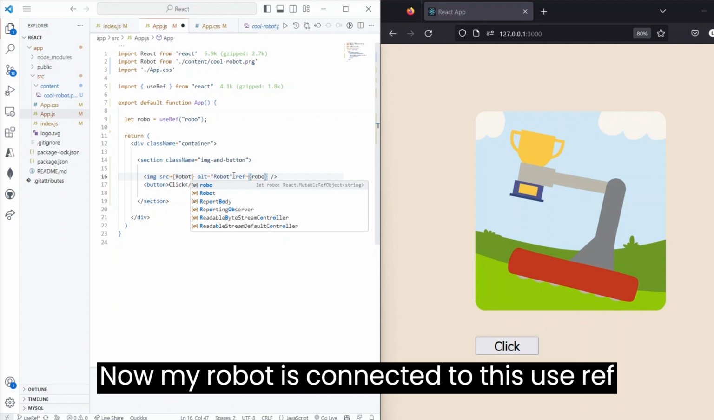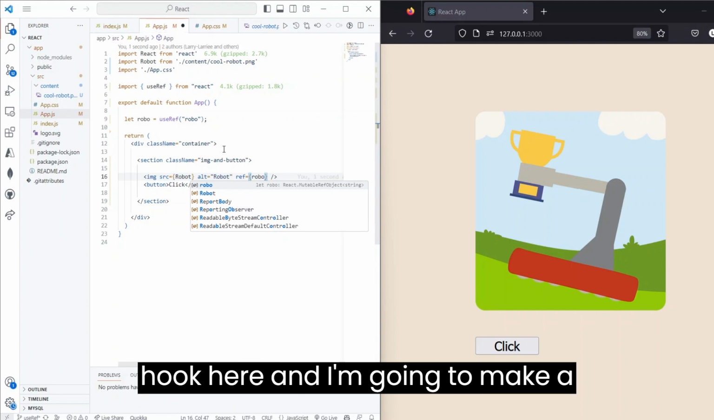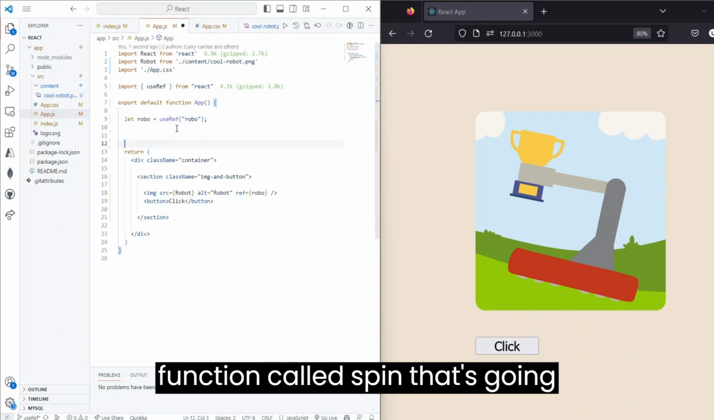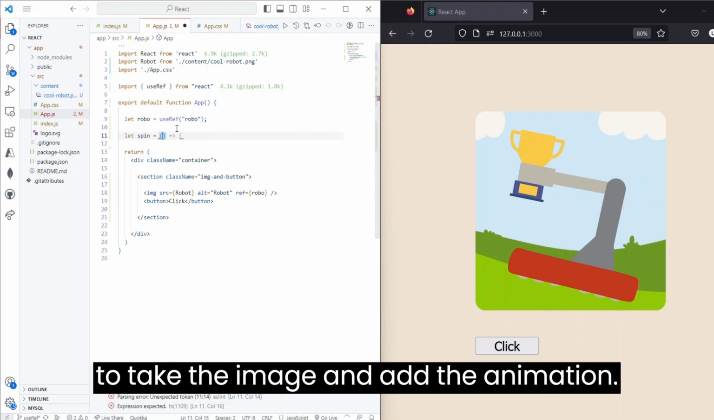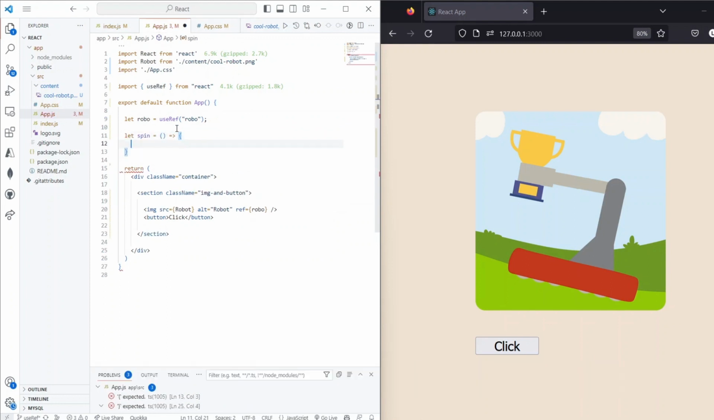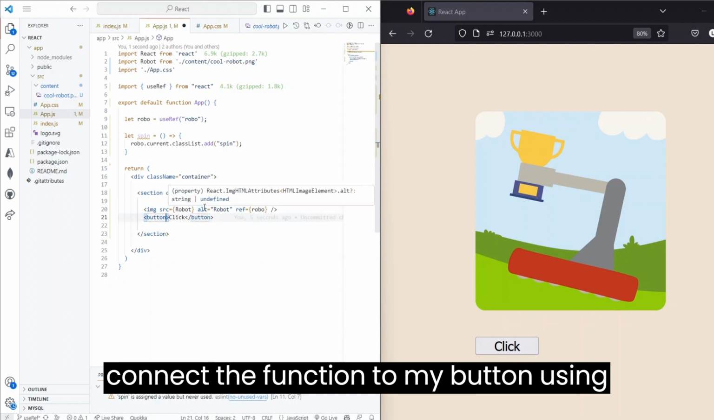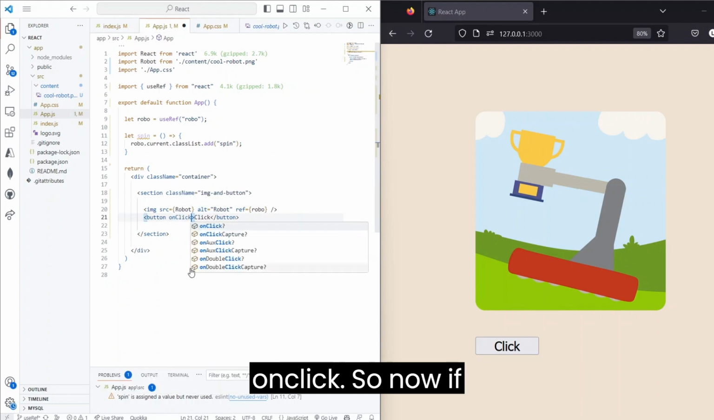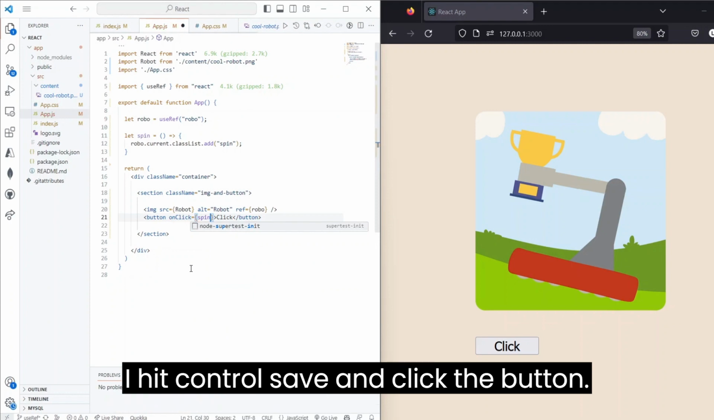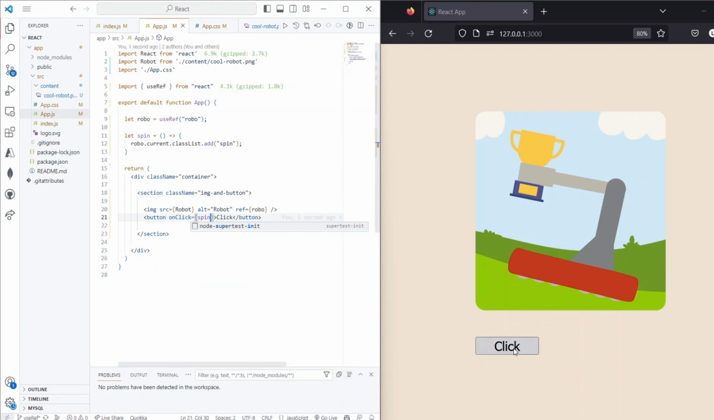Now my robot is connected to this useRef hook here, and I'm going to make a function called spin. That's going to take the image and add the animation. And the last thing we need to do now is connect the function to my button using onClick. So now if I hit Control Save and click the button,